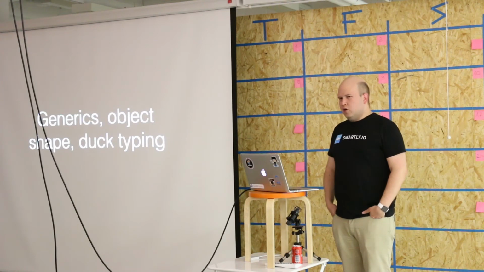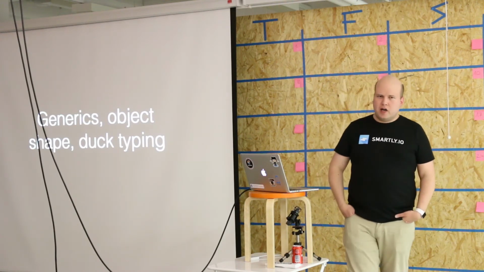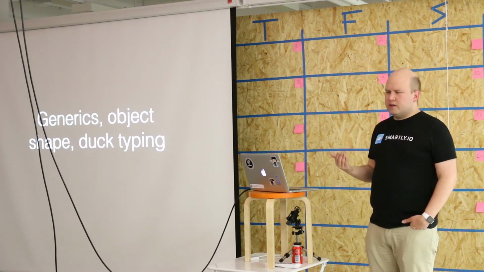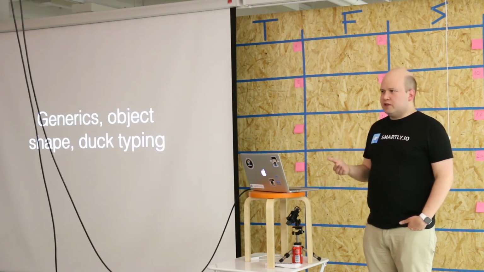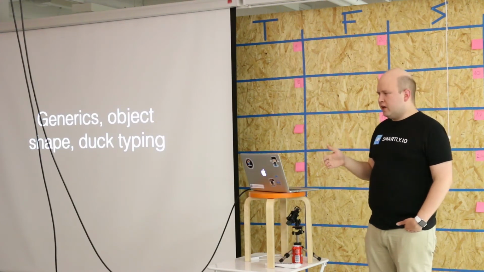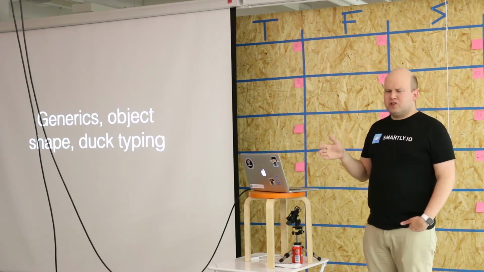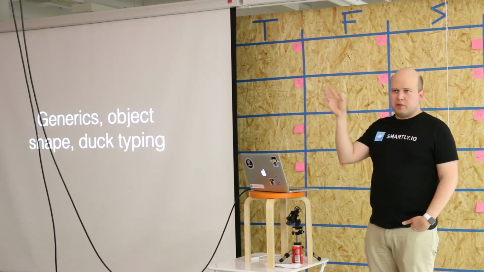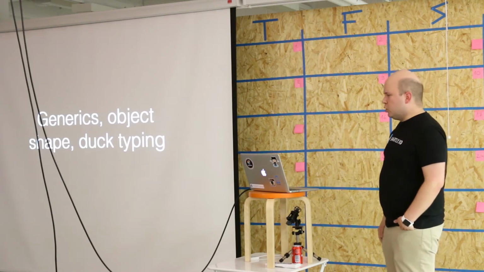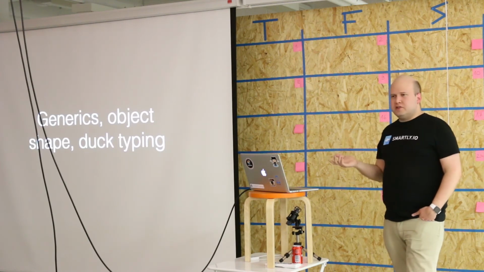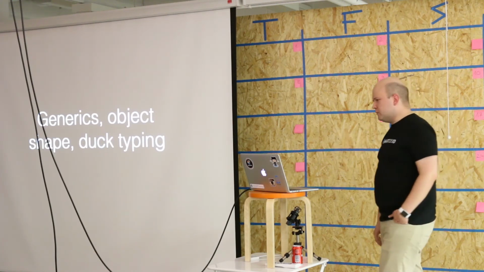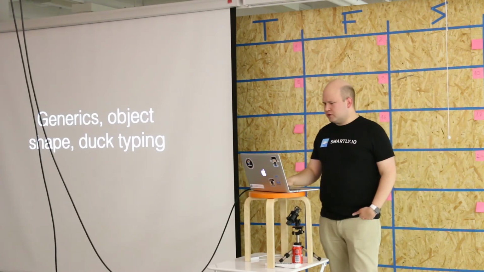Also, pretty often you're just looking at the object shape, which is basically duck typing, saying that this object is supposed to have these properties and that's all I care about. So there is no absolute statement that this object is of this type with some kind of type hierarchy, because that's not always feasible to achieve. Rather, it just checks at compile time as well as it can that the object should at least have these properties or these functions.